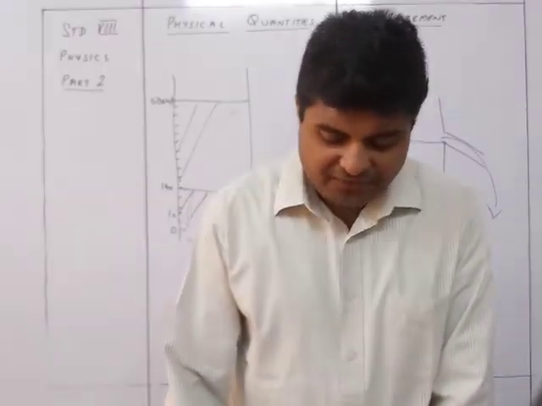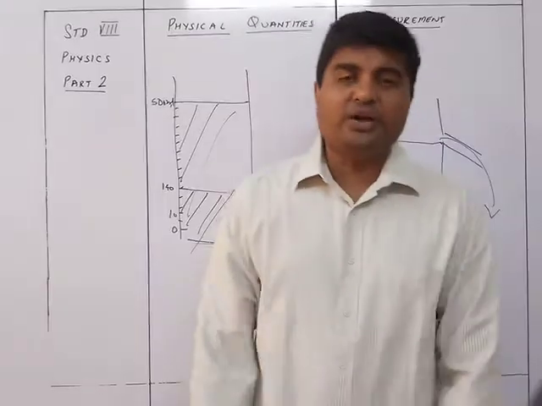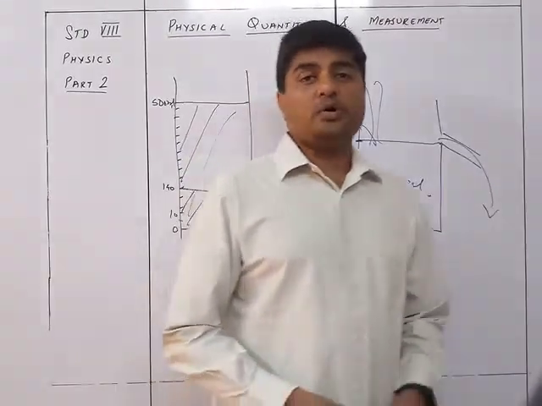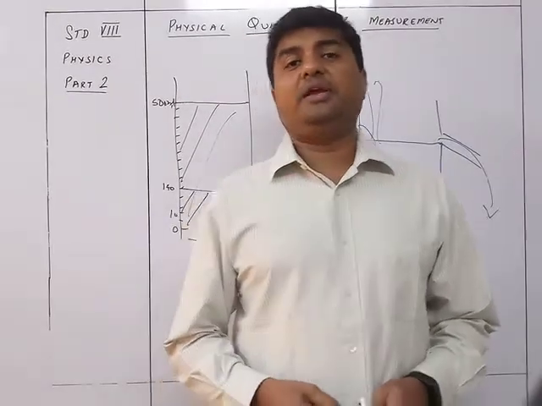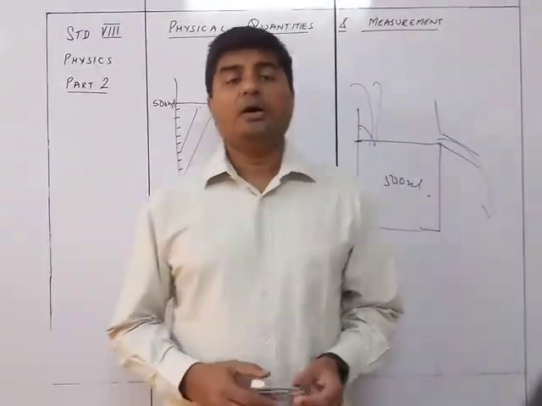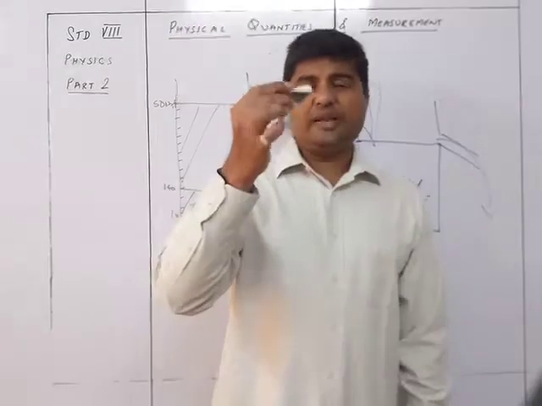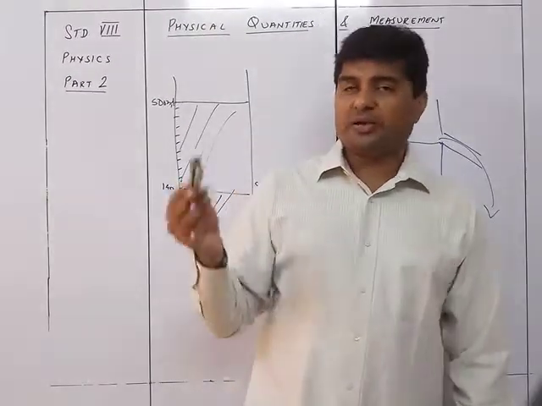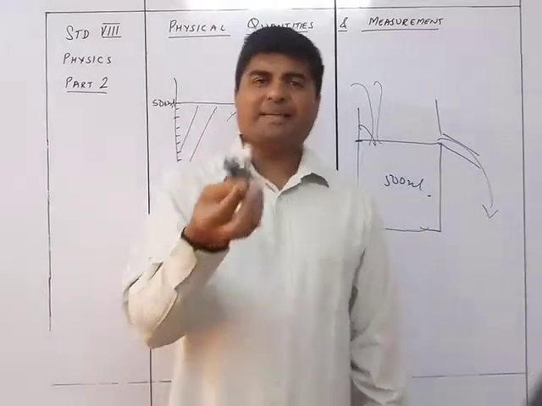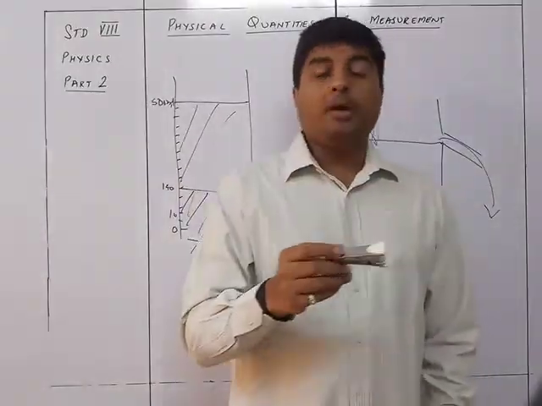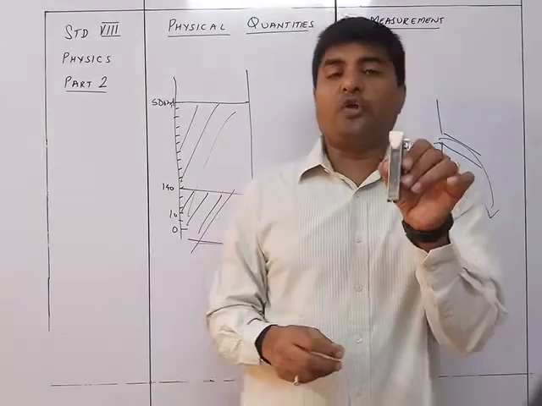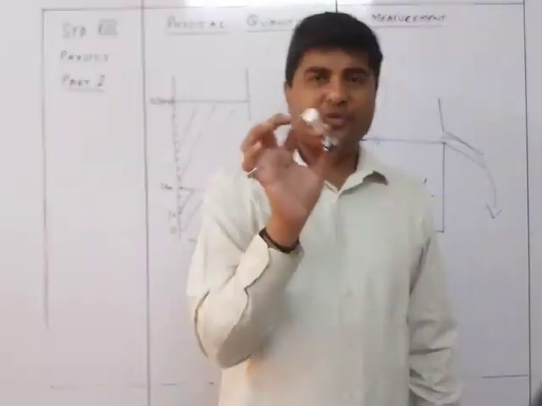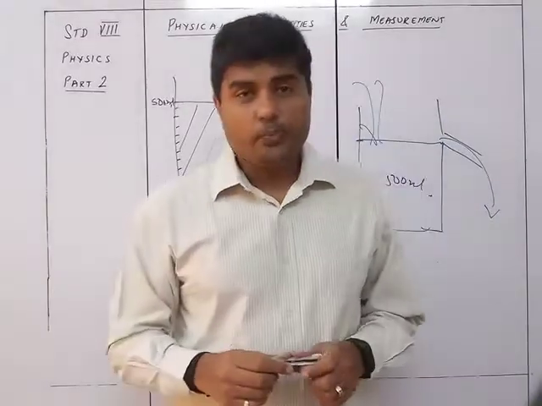So now let's see if I want to find out the density of an irregular solid. Suppose I want to find out the density of a stapler. Now this stapler, I cannot find out the density by the normal method of mass upon volume. Mass I can find out by beam balance, not a problem. But volume, how will I find out volume? There is no formula, I cannot say length into breadth into height or something over here. I cannot use anything for this. In such a case, what will I do?